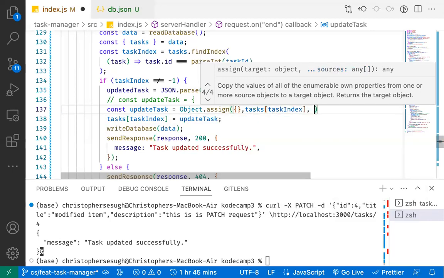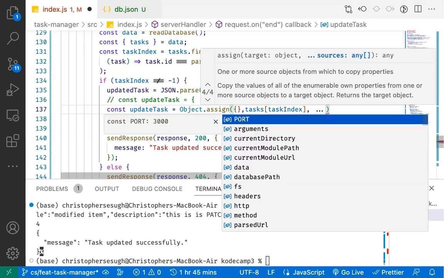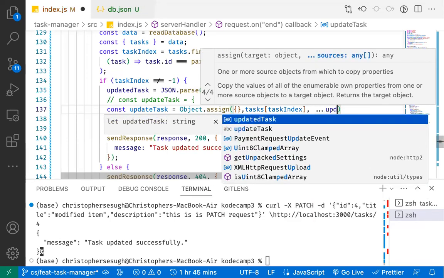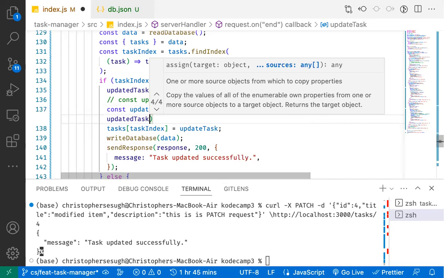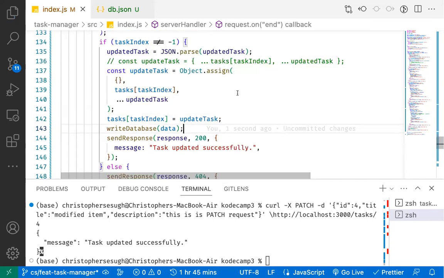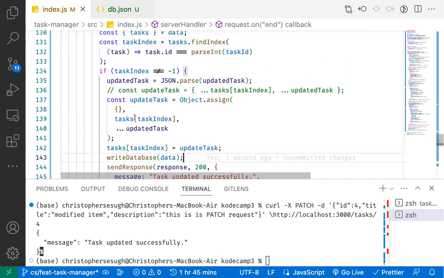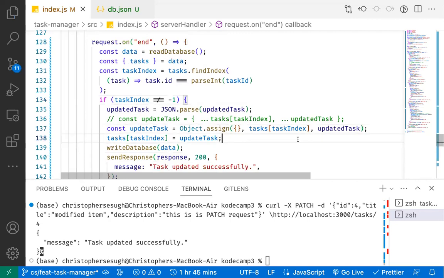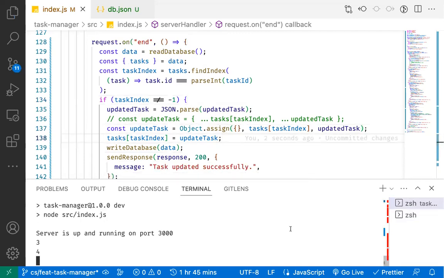we want to apply some properties that the user has modified and sent. We want to apply those changes to this very object. So those changes are coming in here, updated task. No, Object.assign does not support the spread operator. So something like this, updated task. Okay, so now let's stop our server